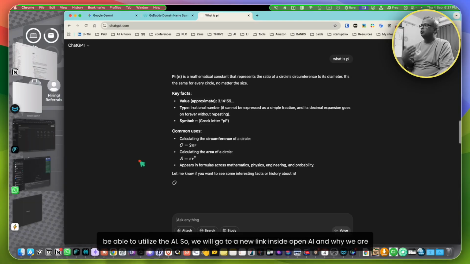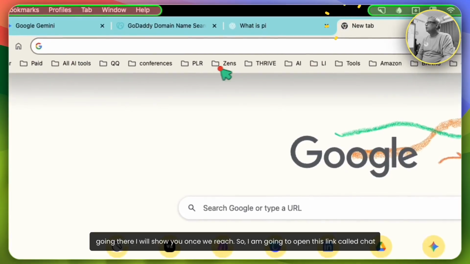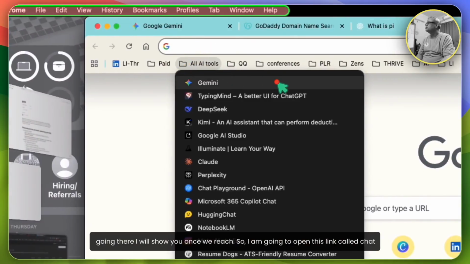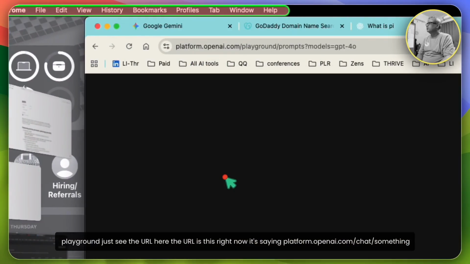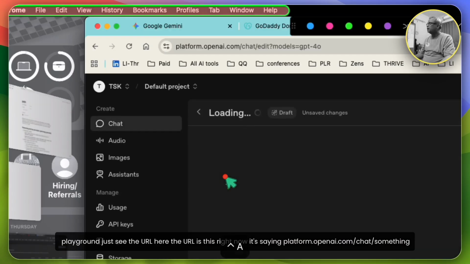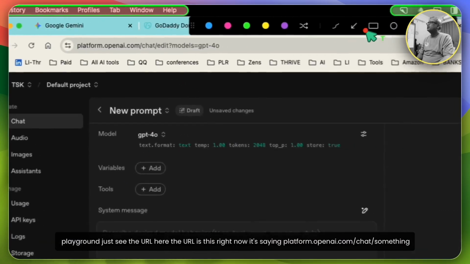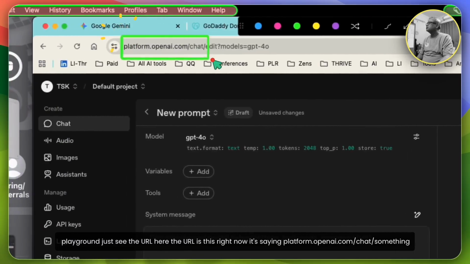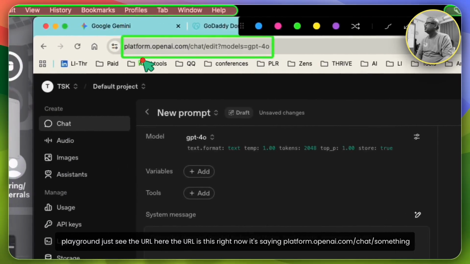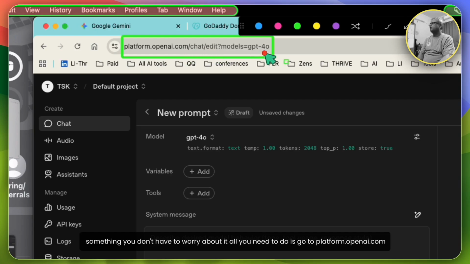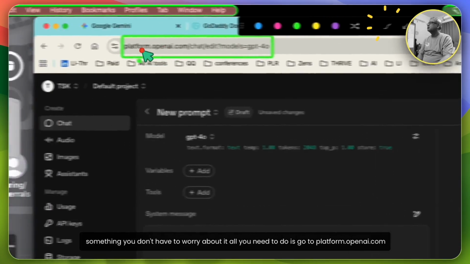So we'll go to a new link inside OpenAI, and why we are going there, I'll show you once we reach. So I'm going to open this link called Chat Playground. Just see the URL here. Right now it's saying platform.openai.com/chat/ something something. You don't have to worry about it. All you need to do is go to